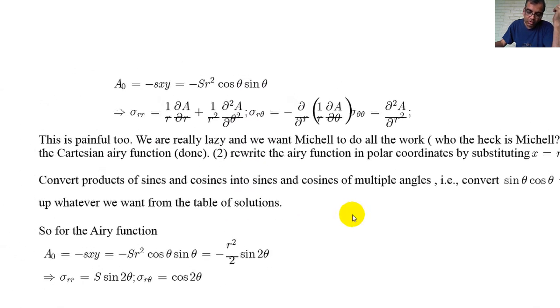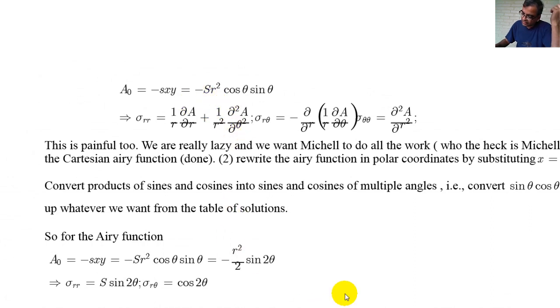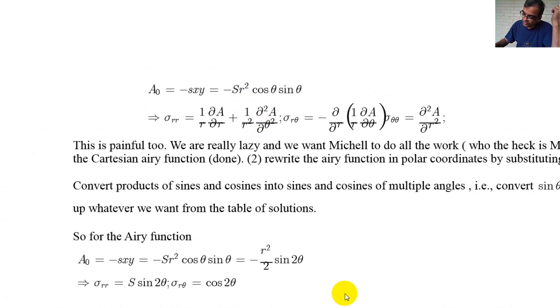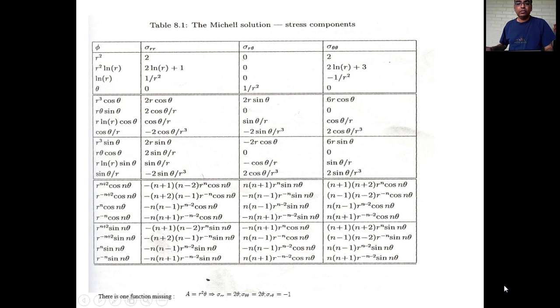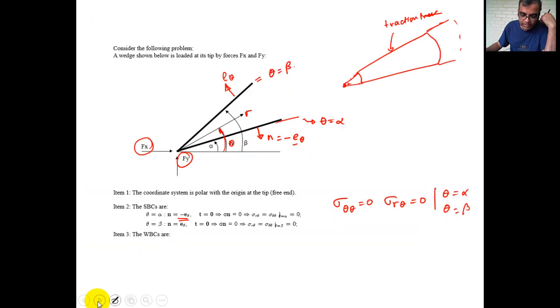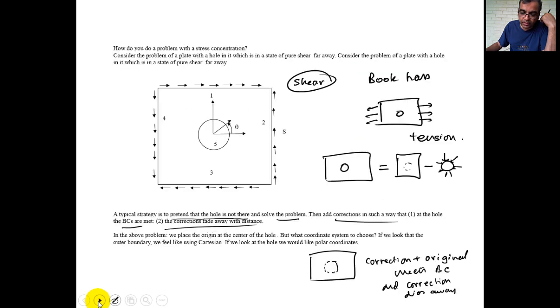So the problem is, if you look at the Mitchell stress functions, we'll take a look. What stress function is the one that we're looking for? We want the right distribution that will enable us to cancel out all these stresses. I want something that has cos theta sin theta in it. So I go back and start looking up the Airy stress functions. I look at it and I don't see anything which has sin theta cos theta. So I go back here and I say, wait a minute, that had to do with my stupidity.